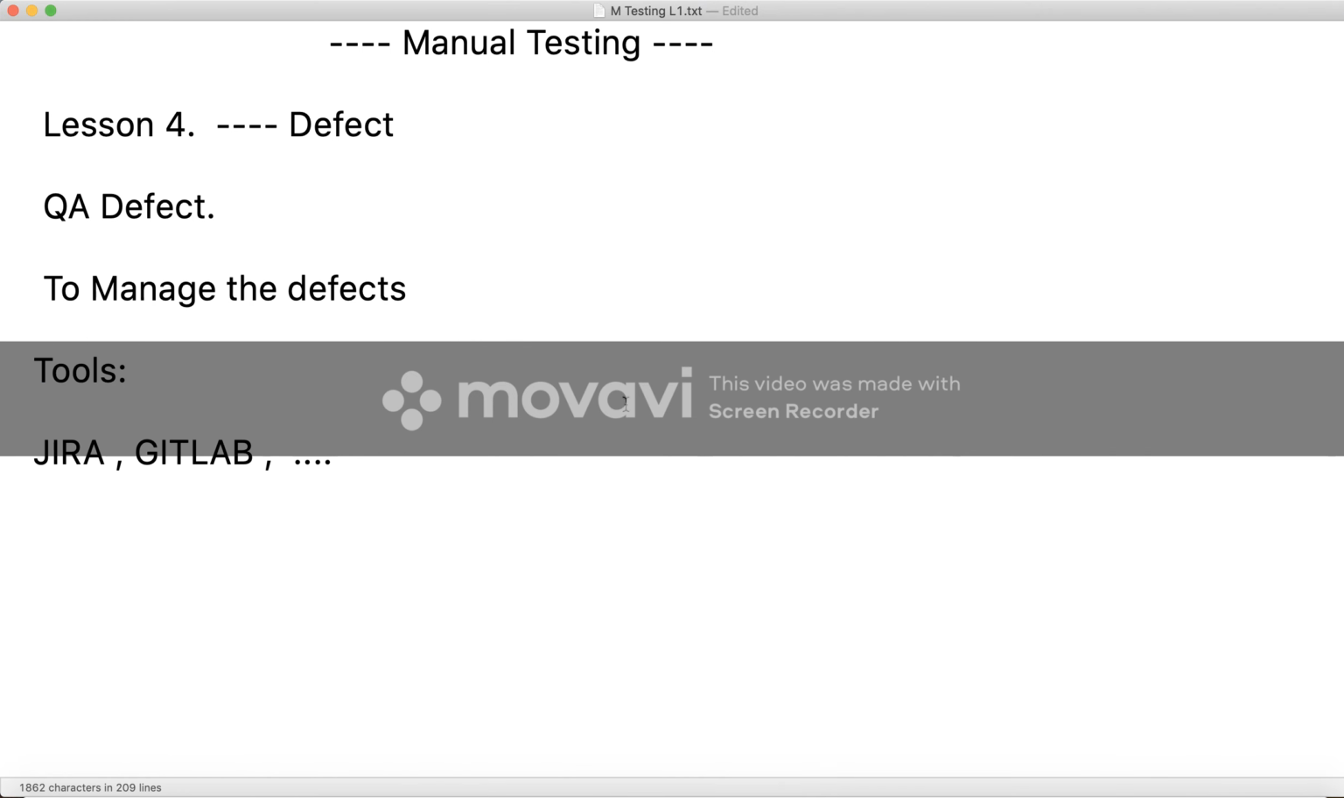So this is all about the defect. So now you have opened a defect. I hope you understood what a defect is. Defect, in a general meaning also,